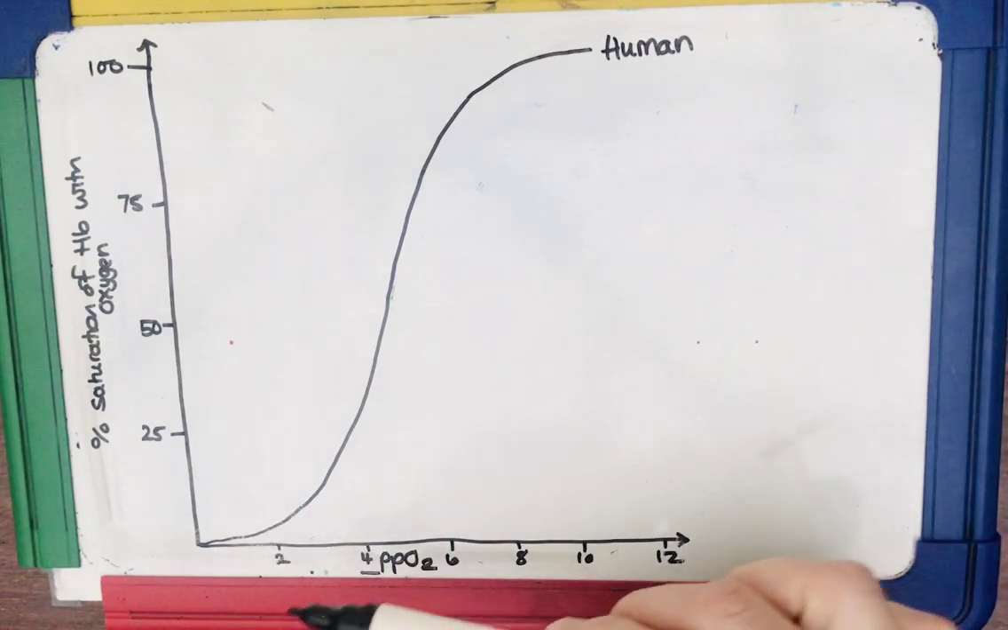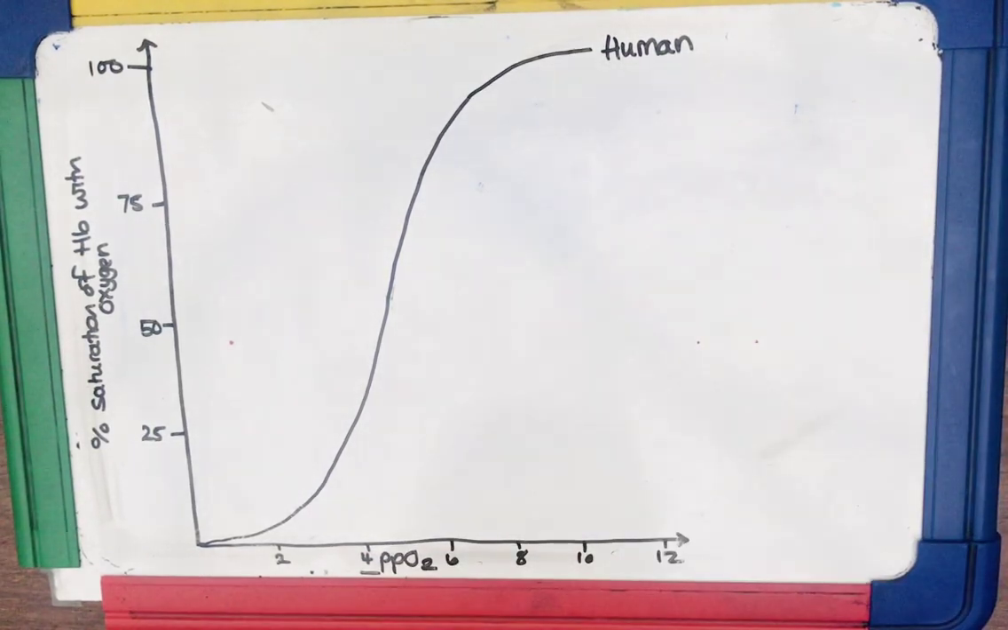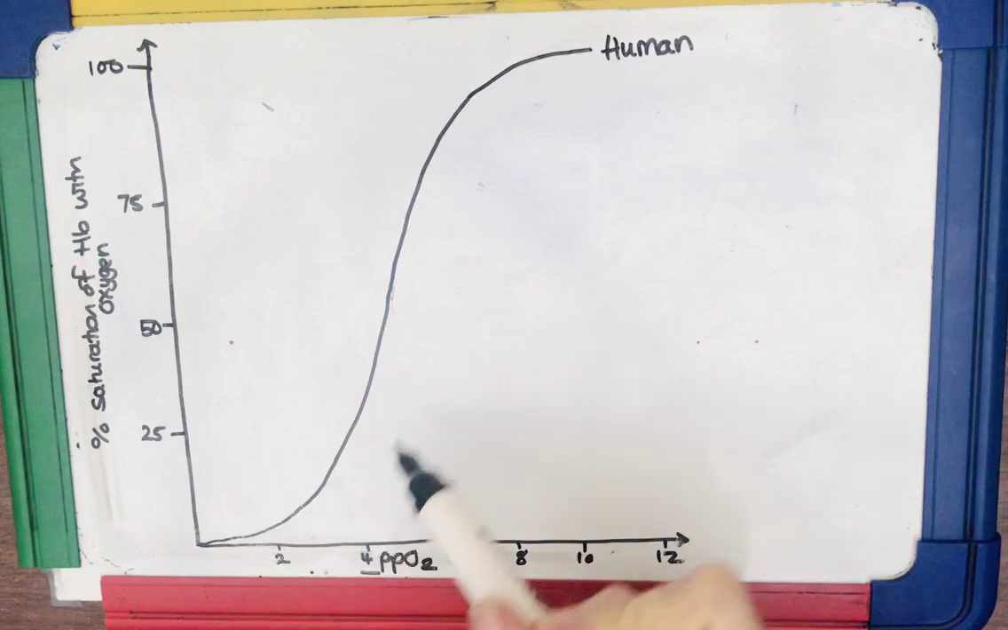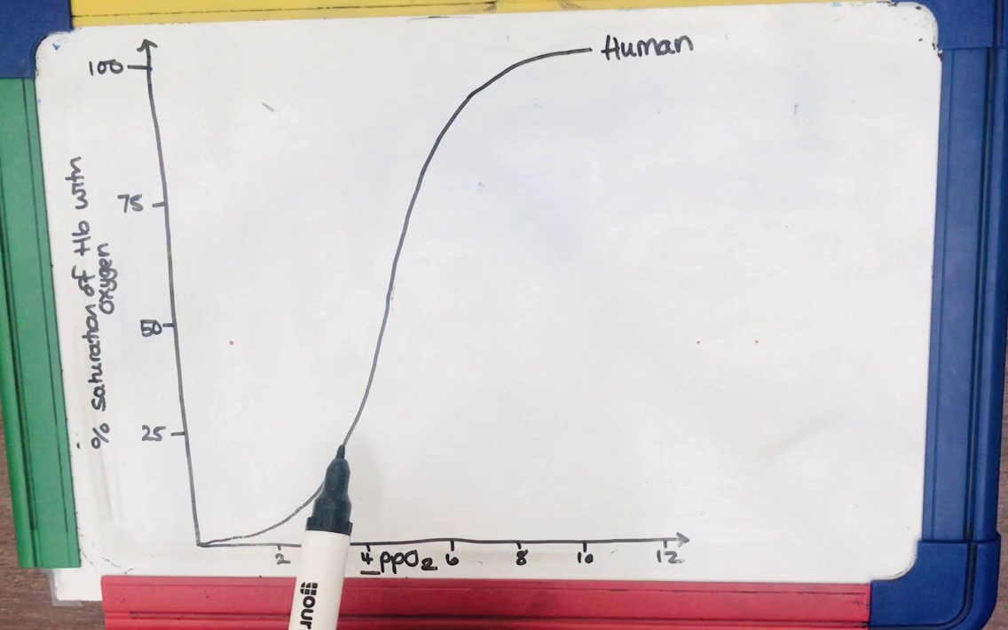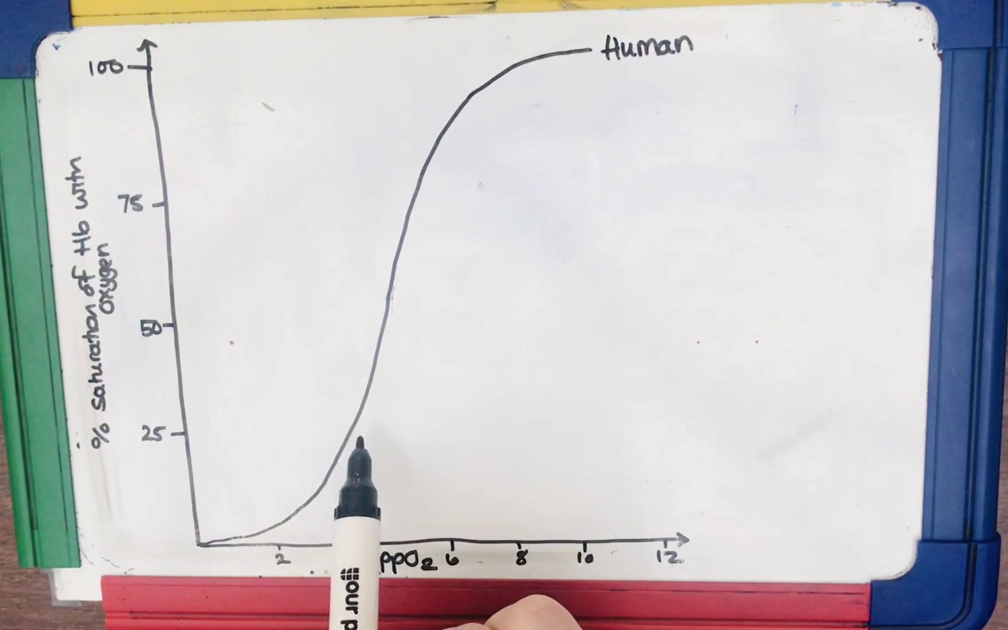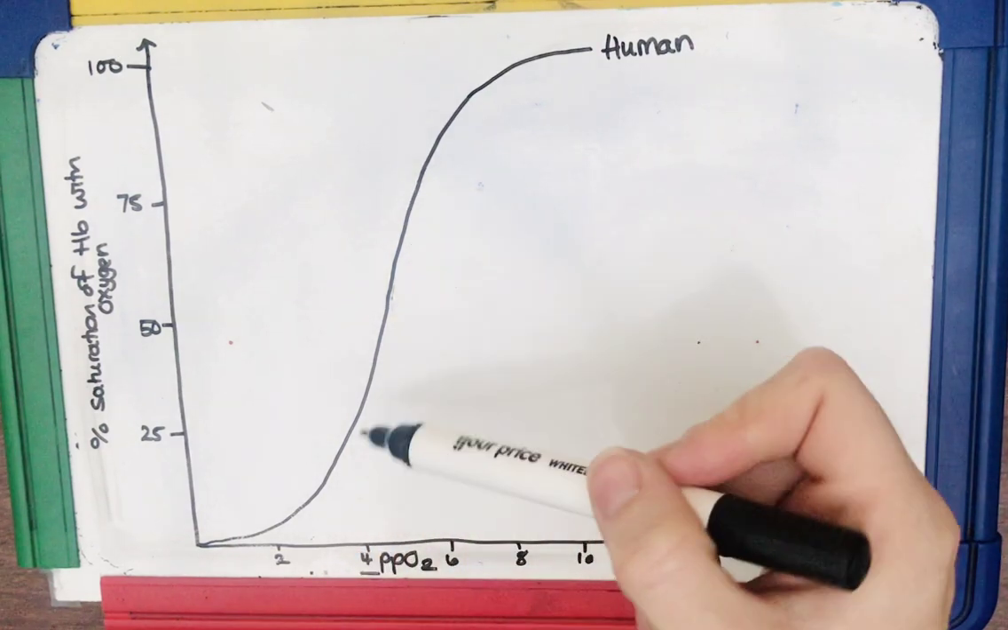This is an oxygen dissociation curve for haemoglobin. We've looked at this last lesson. It's a sigmoidal shape because for the first oxygen molecule to bind to the haemoglobin molecule is more difficult. Once it has bound and the haemoglobin is 25% saturated, then the next two oxygen molecules bind more easily until